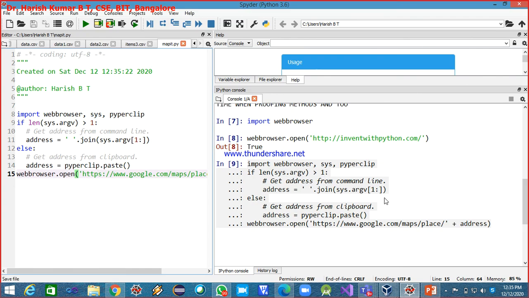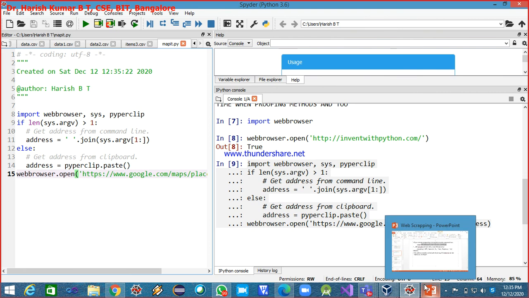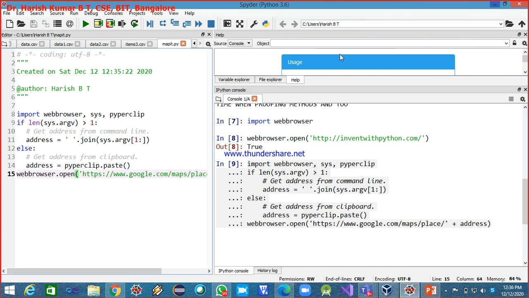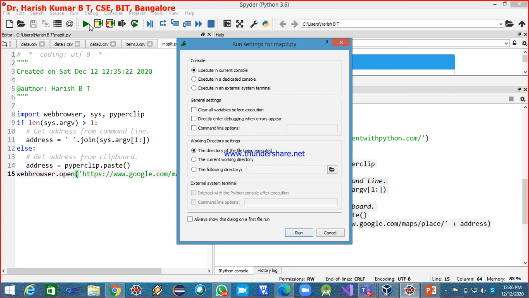Okay. Now I have to copy again because I just copied this program. Now in the clipboard I'll be having this program. How to copy this? So I have this in the clipboard now. Now I'll go for running. So execute in current console. Okay, run.